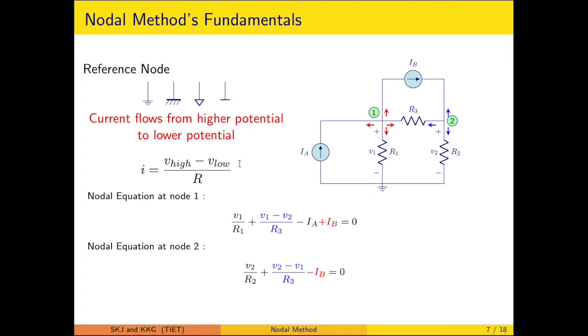Now the point which we have to remember is why we are insisting that the outward current be marked positive. Keep in mind that Ohm's law dictates that the current flows from higher potential to lower potential. So this is the arrangement of a voltage across a resistor. The terminal to which the current is entering is marked positive, so that it has a higher potential compared to the other terminal.